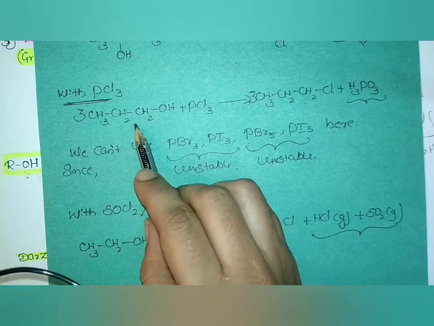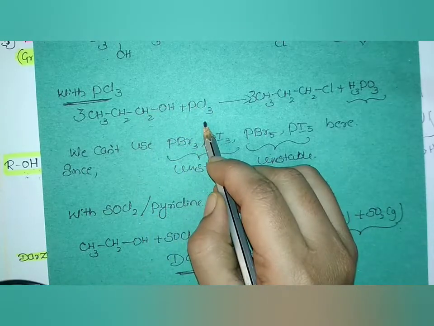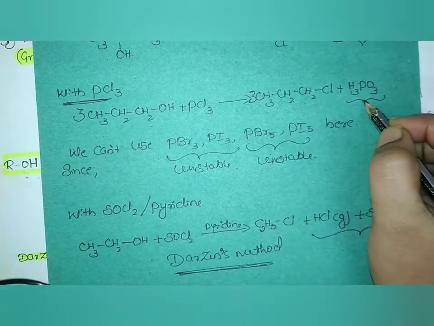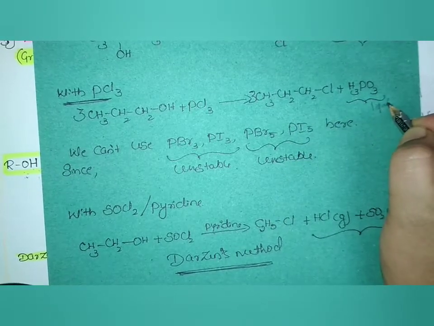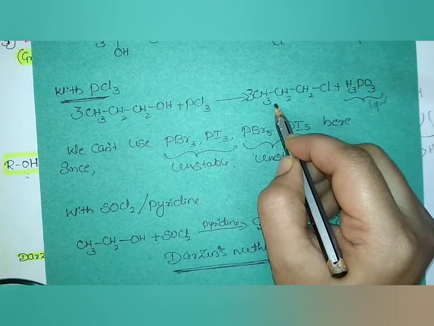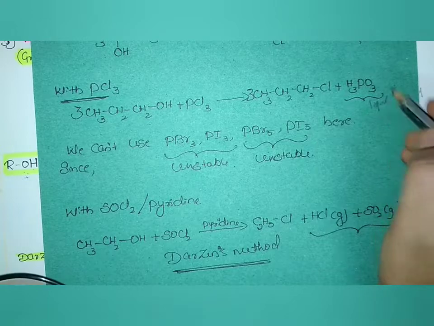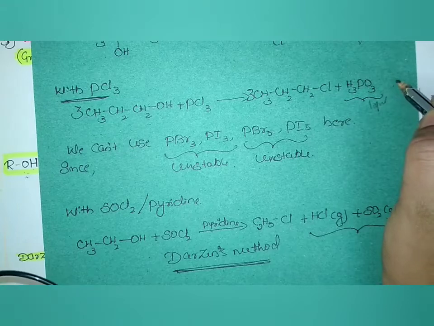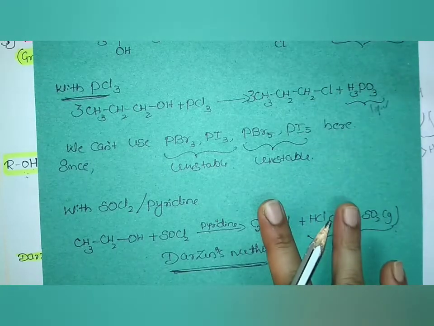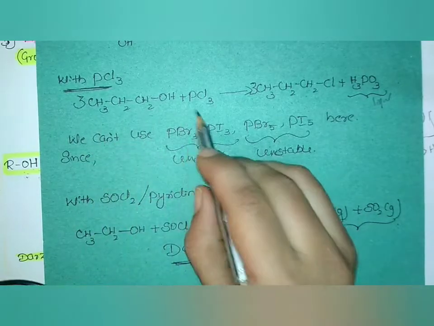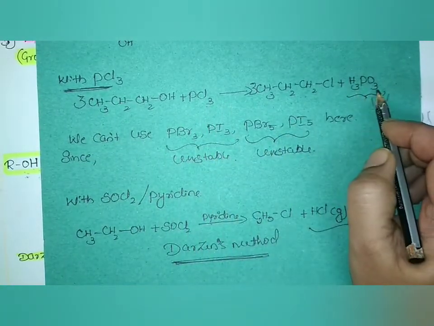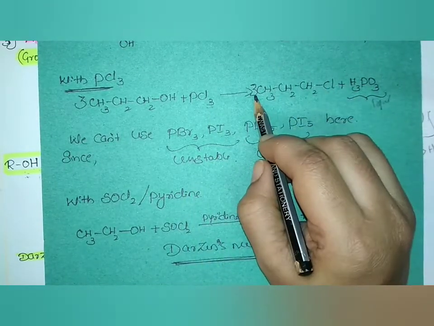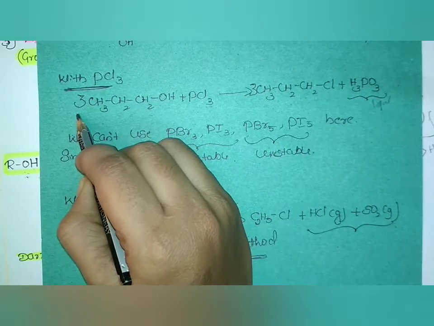Repeating, when propyl alcohol or propanol is treated with phosphorus trichloride, that results in the formation of propyl chloride with phosphorus acid, which is liquid in nature. So along with the required product, I am getting a liquid byproduct. In order to separate this pure propyl chloride, I need to take one more step to remove this liquid phosphorus acid. Here you have to balance the reaction since PCl3 is there and H3PO3 is coming out. 3 chlorides are there, therefore you have to balance the product with the 3 here. So even the reactant is also balanced.